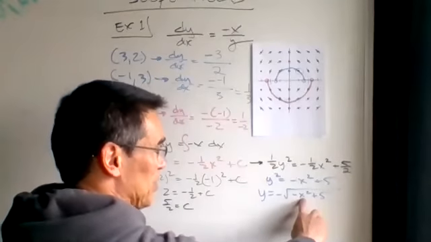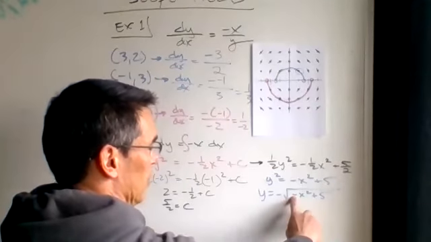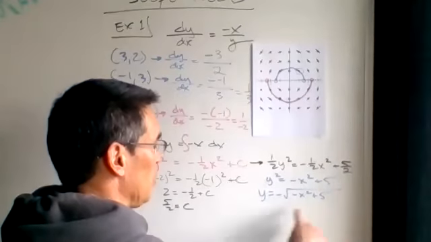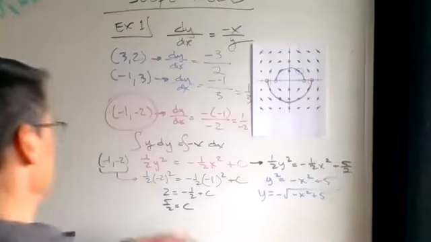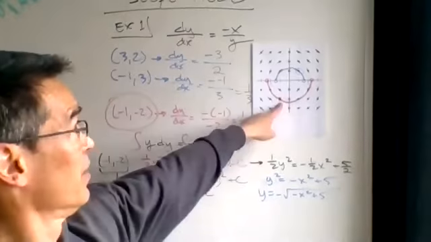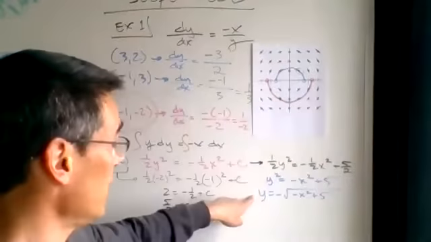-1 times -1 is +1. Take the opposite of it. -1 plus 5 is 4. Square root of 4 is 2. The opposite of 2 is -2. So this is that. So we drew a picture of this